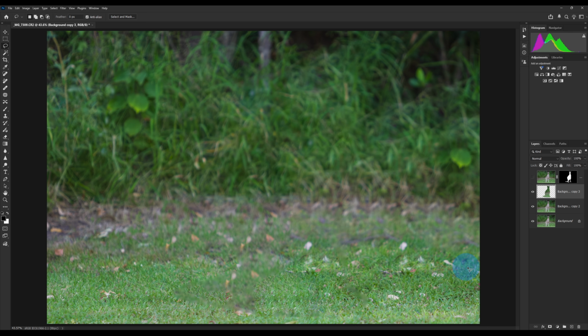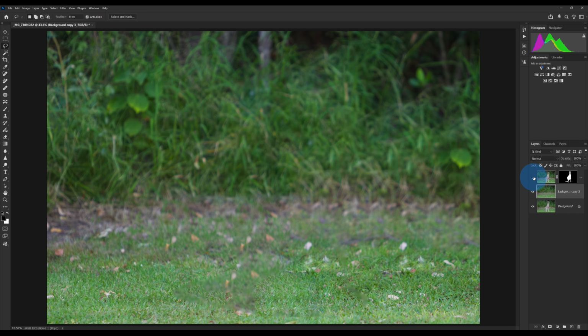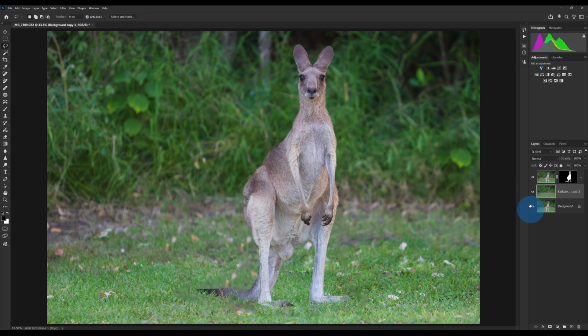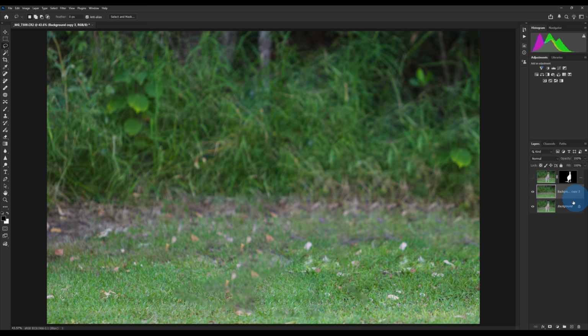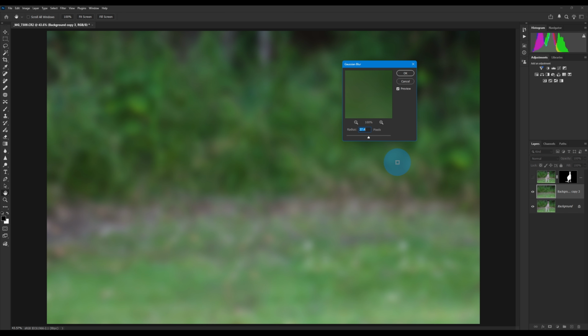Now this part doesn't have to be perfect because we're going to blur it anyway. So with that layer selected, what I like to do is hold Control, select these two layers, so our kangaroo and our removed kangaroo, right click and just merge those layers. So now we've got our original image, we've got our background image, and then we've got our subject. So again, hide our subject. We're just going to work on our background. Now if we come up to Filter, Blur, Gaussian Blur,